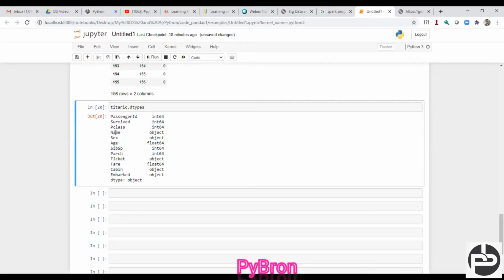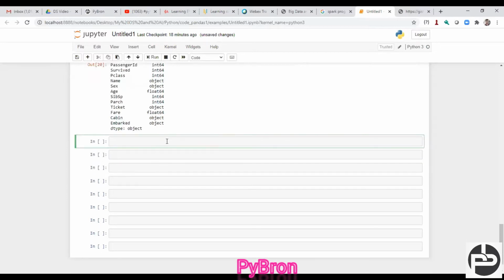Wherever it is name, you can see name is object. Object means the parent class. In any language, object is the parent class. So here, instead of writing string, it is giving object, which means there is a string. That's why it's showing as an object. In this way you can see what different data types are present here. Okay, fine. Next, I would like to show you something interesting.